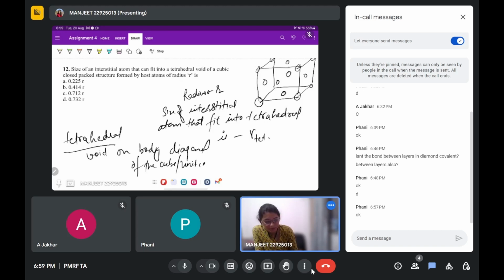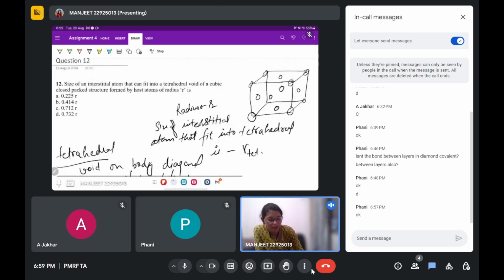So it will be of this type. If I connect this atom and this atom, and the center of this one and this one, so it will be